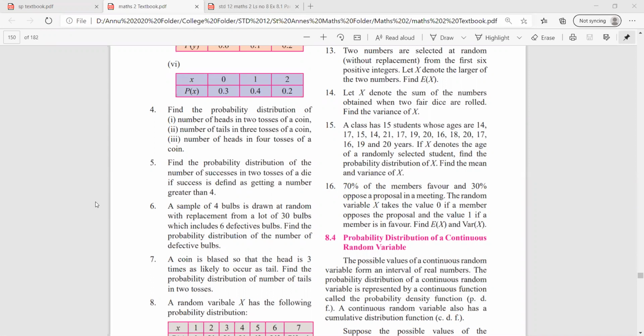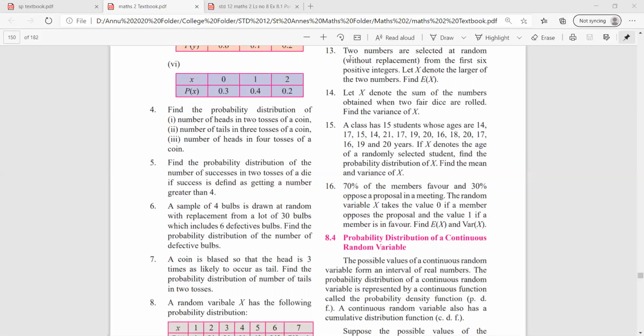So, as you all know, we have started with Maths 2, lesson number 8, probability distributions, and we have finished maximum sums from exercise 8.1. Continuing with the same exercise, there are 5 sums remaining, that is 6 and 7, and 13, 14, 15. In today's session, we'll be covering the sums 13, 14 and 15. 6 and 7 will be continuing a little later. So let's start with sum 13.